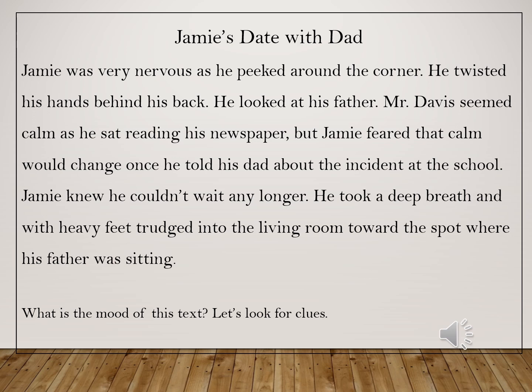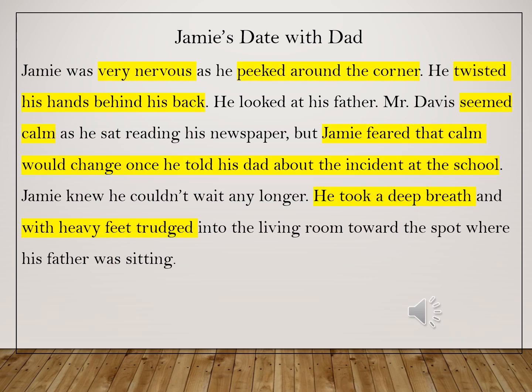Now we'll look at our mentor text. We'll show this to our students. We'll read it with them. We'll have them decide what is the mood of the text. We'll have them look for clues. Here you see I have highlighted certain key words like very nervous and peeked around the corner, twisted his hands